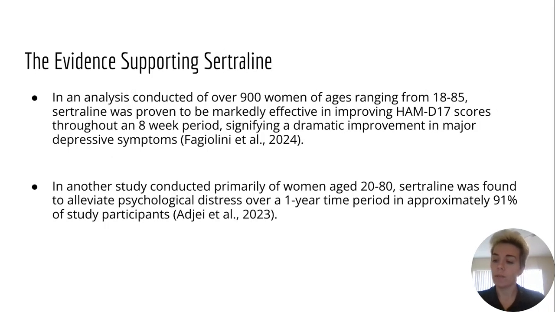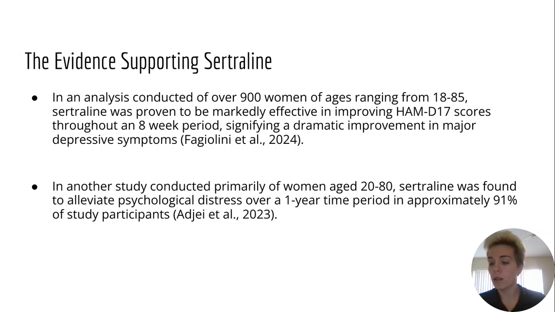There is a plethora of evidence to support the effectiveness of sertraline, especially in the case study's age and gender demographic. For example, in an analysis completed of nearly 1,000 women of ages ranging from 18 to 85, published by Fagiolini and others in 2024, sertraline was proven to be markedly effective in improving HAM-D17 scores throughout an 8-week period, which is a scoring system signifying a dramatic improvement in major depressive symptoms, including low mood, sleep disturbances, anxiety,